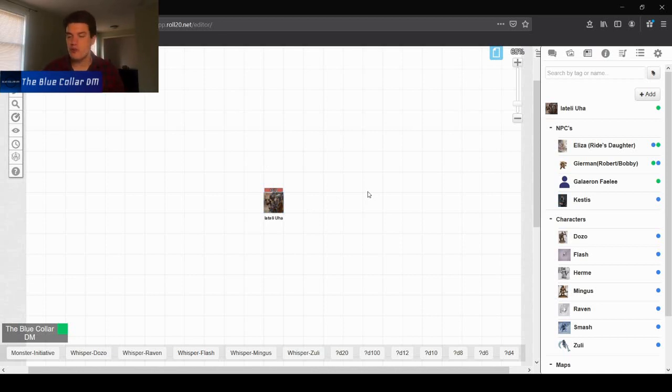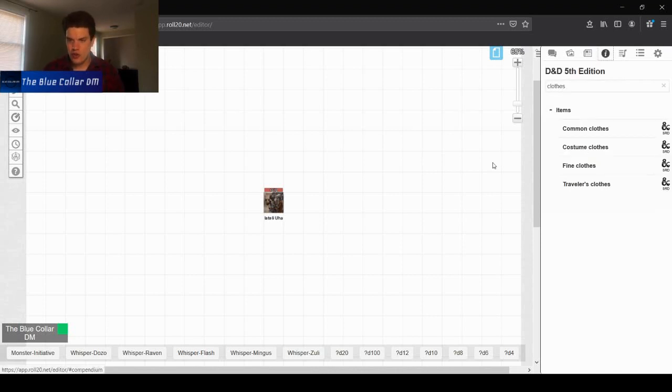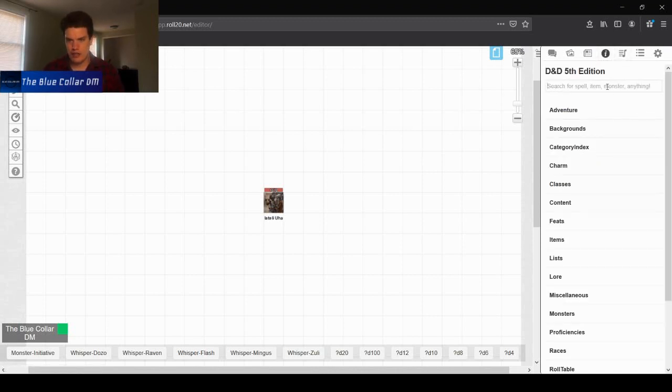Macros can be really helpful to make your game flow a little bit nicer. There will be times if you're playing a spellcaster, let's say a wizard that casts Fireball a lot, but you don't always cast at level 3. Let's say you upcast it, and you need to have some more D6s than standard spells would allow you to do. So if we go back into our compendium and look up Fireball,